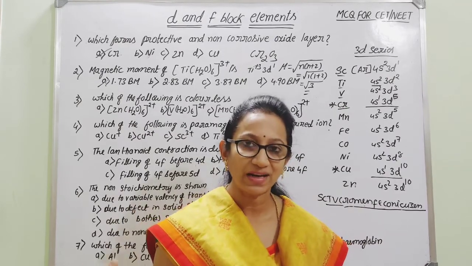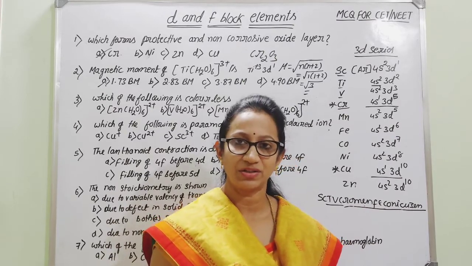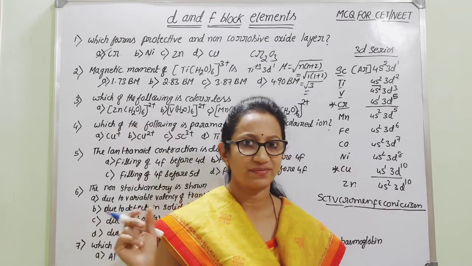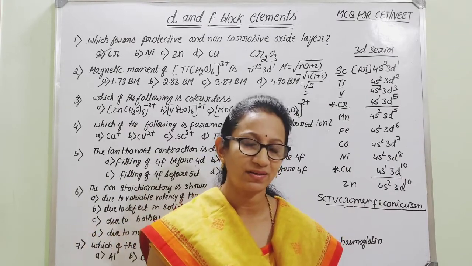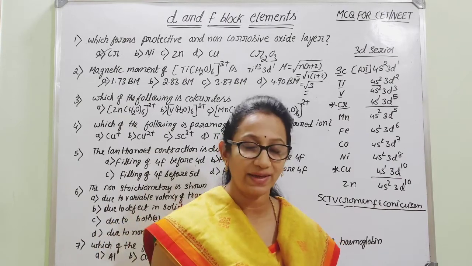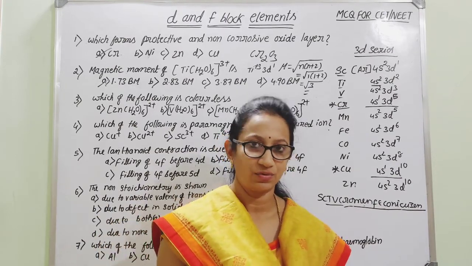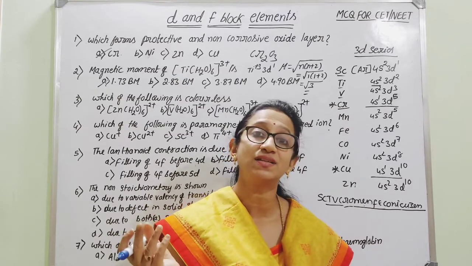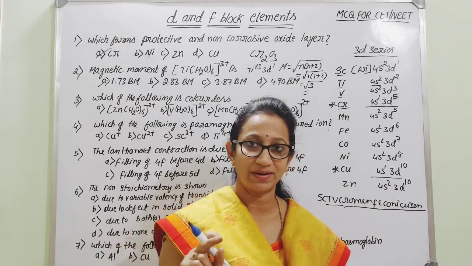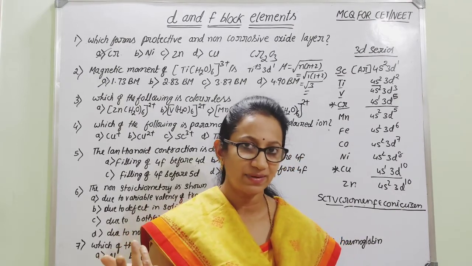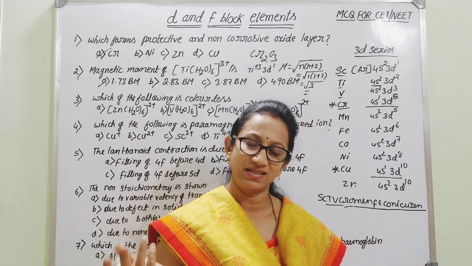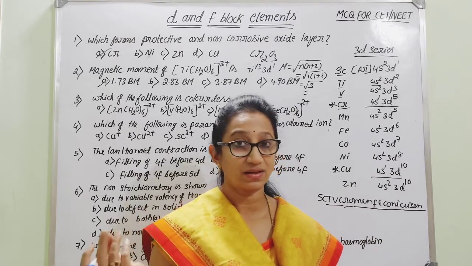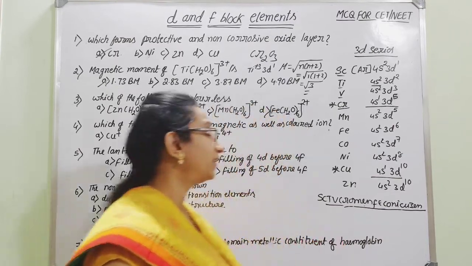And even if we come to paramagnetic nature, that paramagnetic nature of the transition elements is also due to the presence of unpaired electrons. In case of diamagnetic, there will be no unpaired electrons. In such a case, they are said to have only paired electrons. They are diamagnetic in nature. Got it? For color and colorless nature, the main important cause is presence and absence of unpaired electrons. If unpaired electrons are present, it is colored. If absent, it is colorless. Similarly, for paramagnetic and diamagnetic, if there are unpaired electrons, paramagnetic. If there are no unpaired electrons, it is diamagnetic in nature.